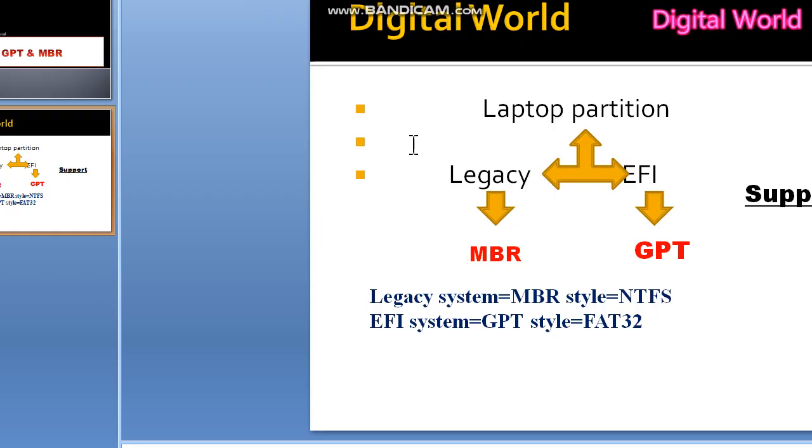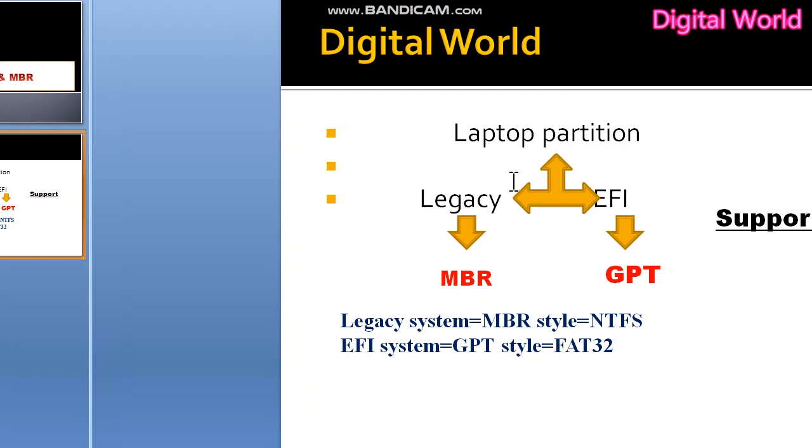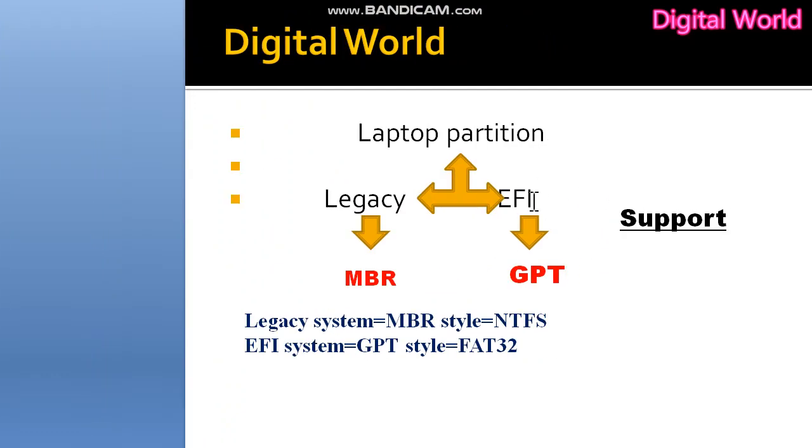Then there are also the MBR style and the GPT style, which I already showed you. Regarding the disk file system, there are two types, one is NTFS and another is FAT. There we can see the partitions, legacy and EFI. Legacy supports MBR,